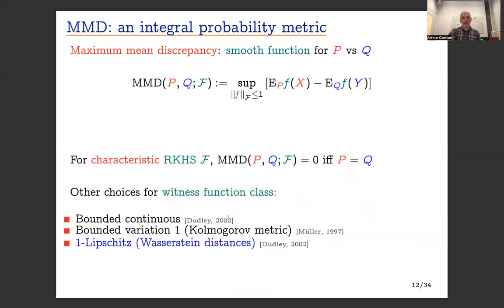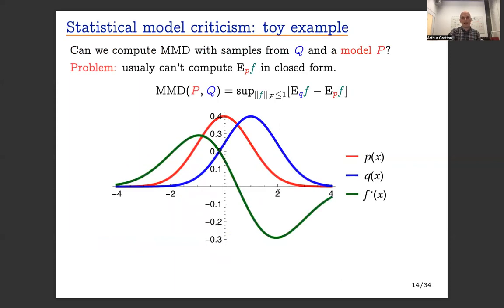All right. Now, if I've got a rich enough dictionary of features, so this is called a characteristic reproducing kernel Hilbert space, then this is a metric on probability distributions. It's 0 if and only if P and Q agree. But there are other good witness class functions that you might consider. All right. Now, an issue arises when you have a model P, and you may not be able to evaluate the expectation under that model of f in closed form. A solution might be to sample from that model, but that ignores the model structure, so there might